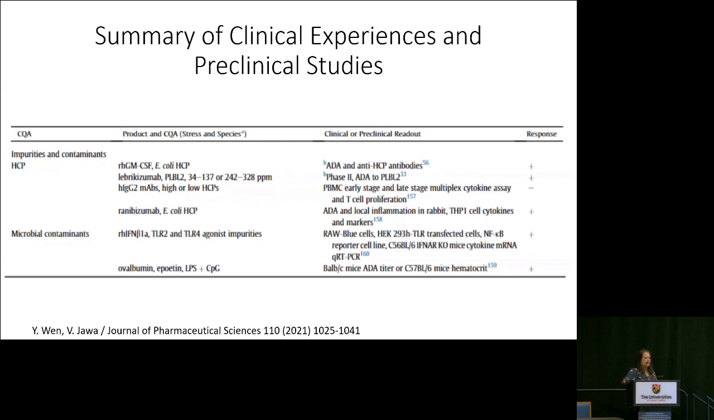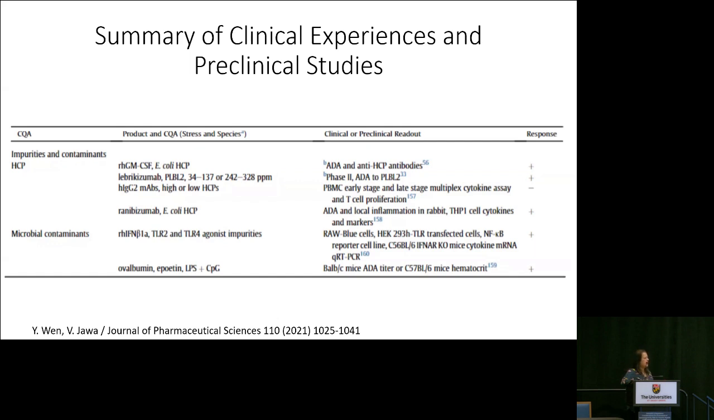So I'm giving some examples of the products that we found. And you can see lebrikizumab, which is my case study for today, with also an Amgen drug product with similar HCPs. We're going to delve deeper on it, but overall, we found that there were impurities and contaminants, host cell proteins, which could be either E. coli related or Chinese hamster ovary related, as well as microbial contaminants that could act as agonists and cause enhancement